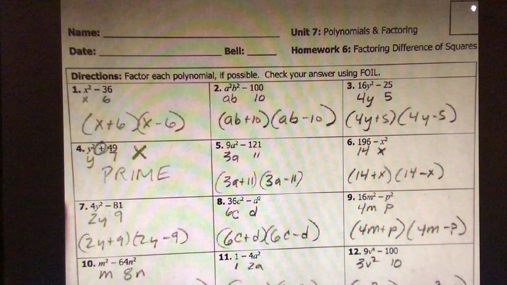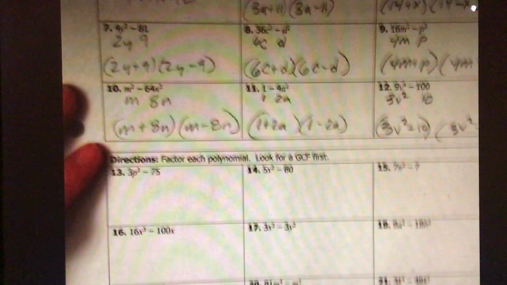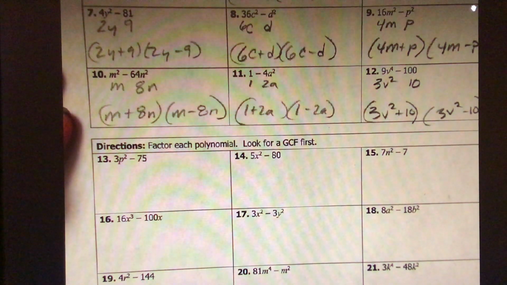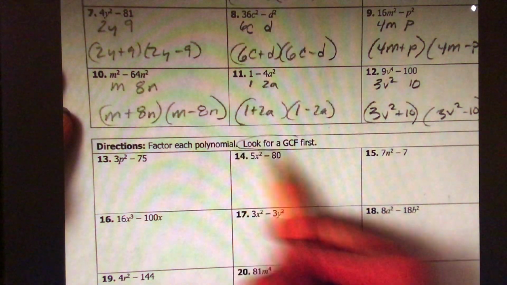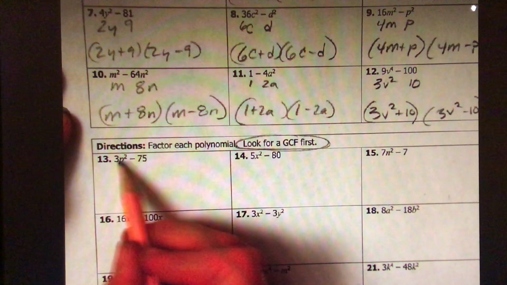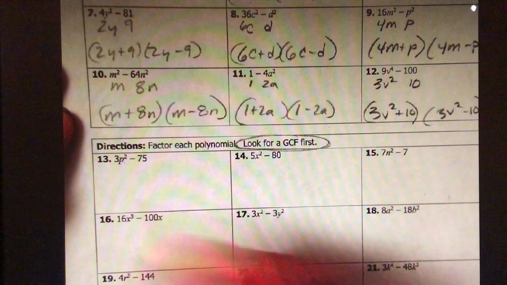Okay. So down here, we're factoring them out. I'm only going to do a couple, and you're on your own for the rest. Hopefully, this is making sense. So I've got to do my GCF first. I'm going to pull out some factors. So right here, I'm going to pull out my 3, okay? So if I pull out my 3,